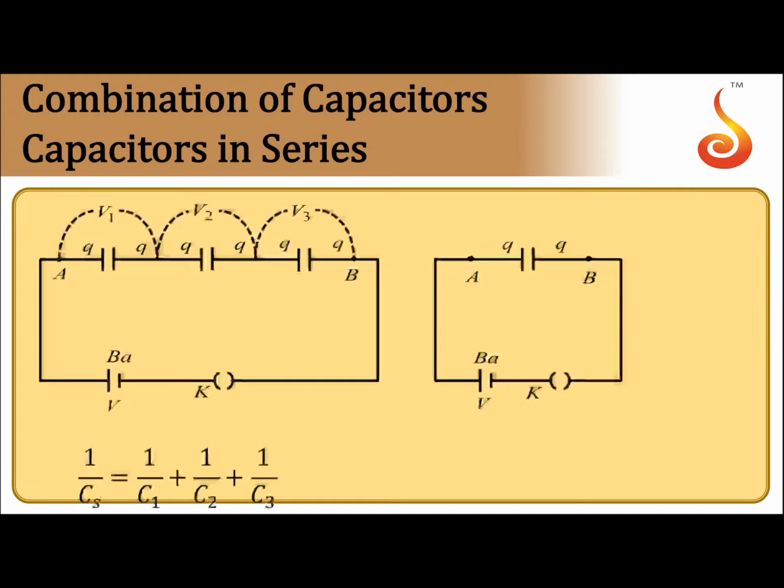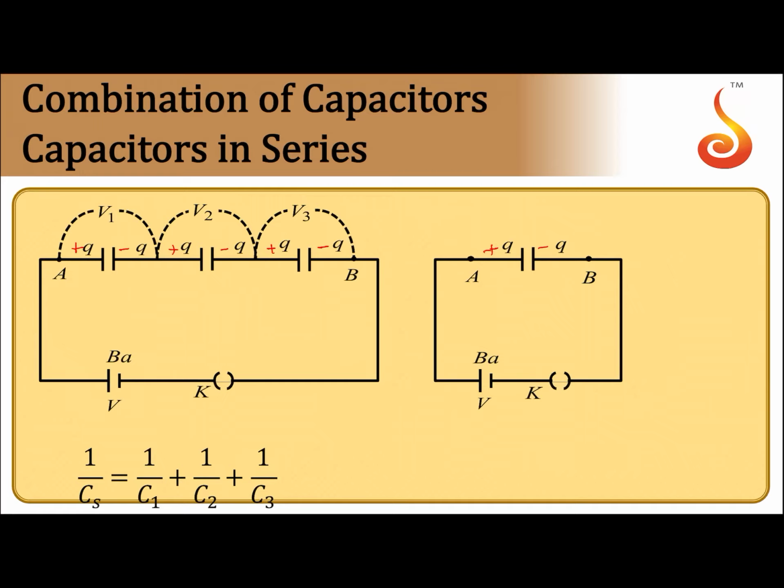to end as shown in this diagram, such that the charge on each plate remains the same. So if I consider the charge on this plate, it is plus Q, this will be minus Q, this is plus Q, minus Q, plus Q, minus Q. So they are connected end to end, which means the negative plate of the first capacitor is connected to the positive plate of the second, the negative plate of the second is connected to the positive plate of the next, and so on. If they are connected this way, they are said to be connected in series.